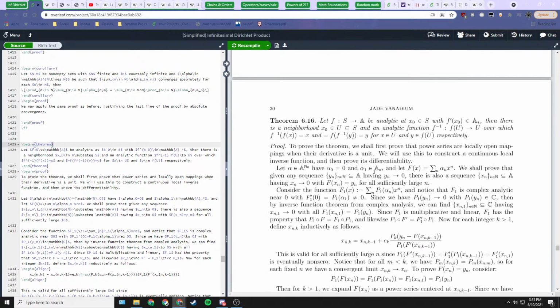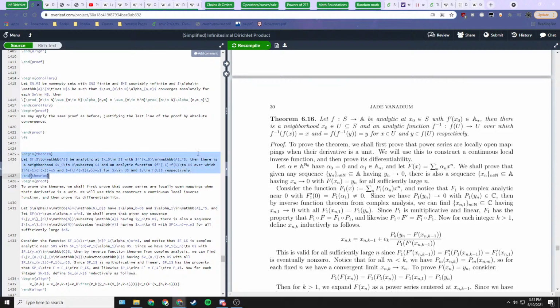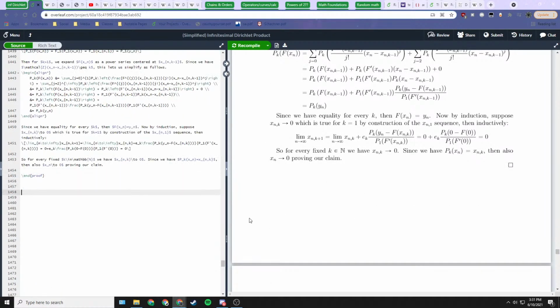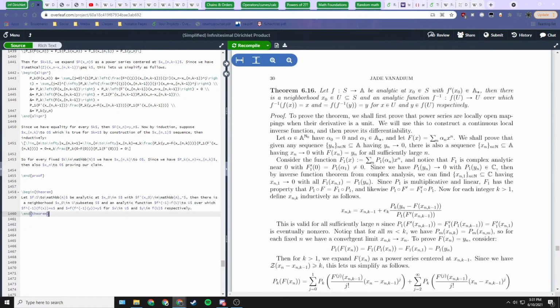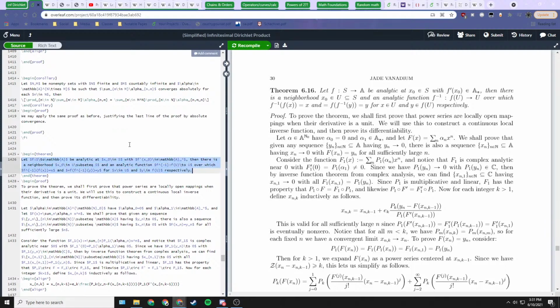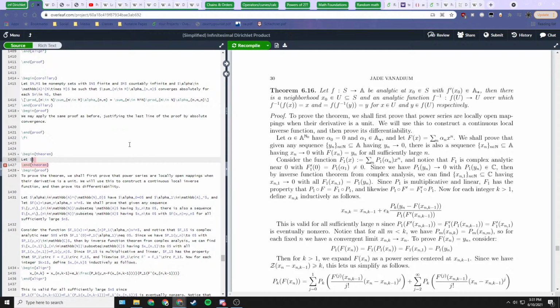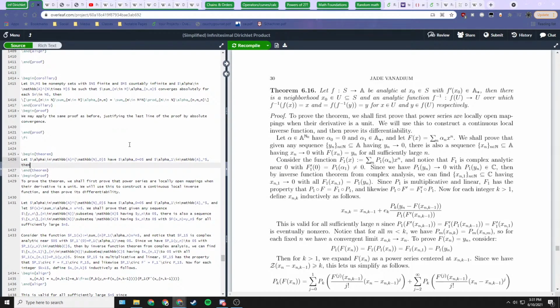Because this is very long. So I'm going to take this entire theorem statement and put it down here. Just going to do that. And then I'm going to change this theorem statement to be different. So I'll say, let alpha be in a n 0, have alpha 0 equals 0, and alpha 1 in a star, then where f of x is the summation n alpha n